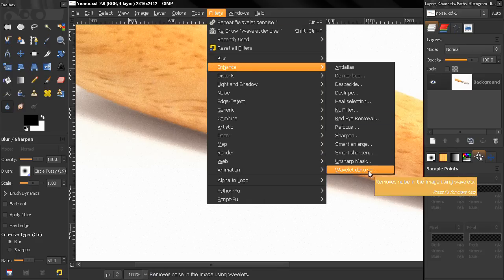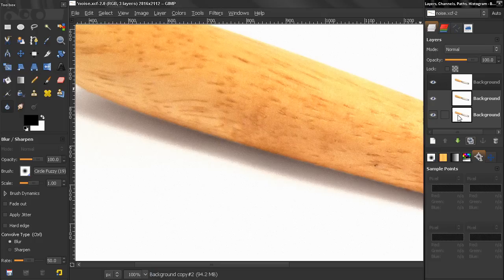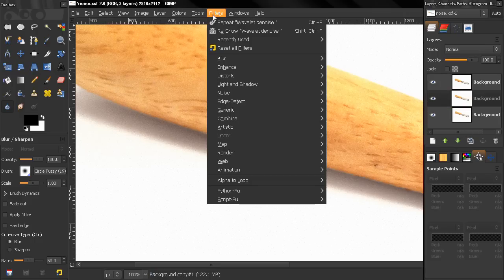So Google this one, install it. It does a great job most of the time. And here I'll show you also something else. Now let's duplicate this 2 times, and on this one I'll go here on filters,